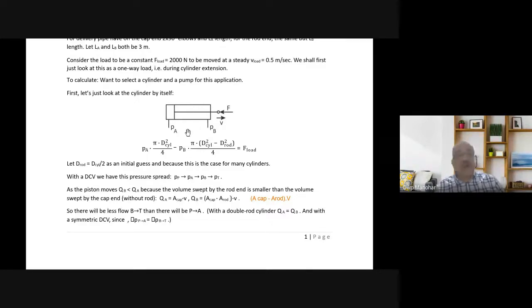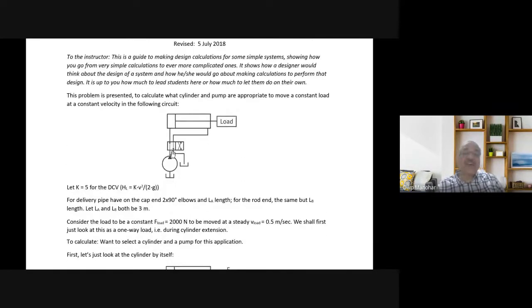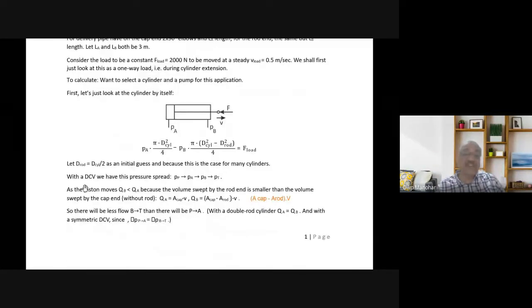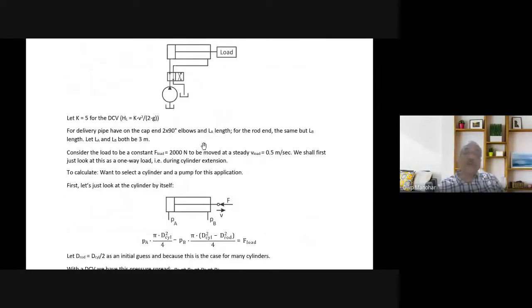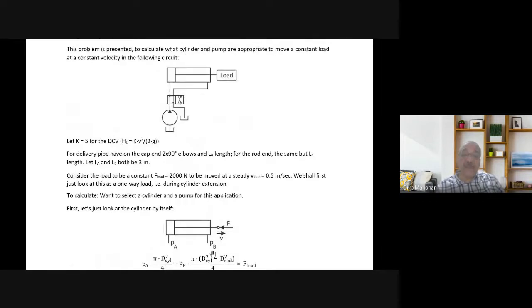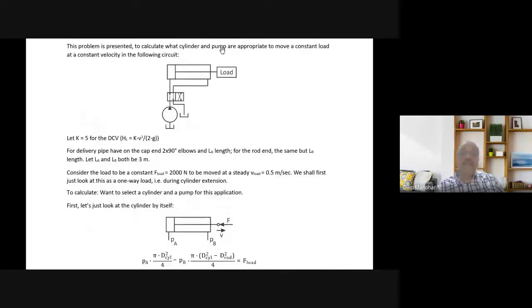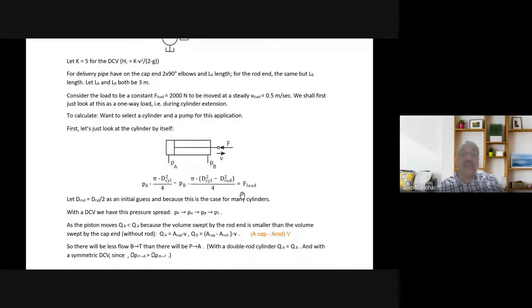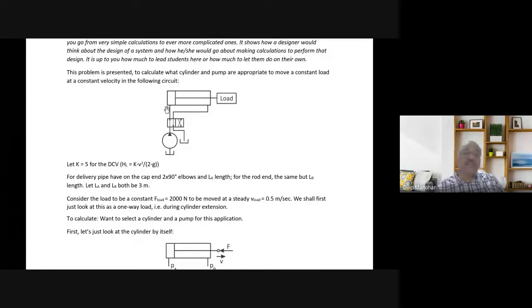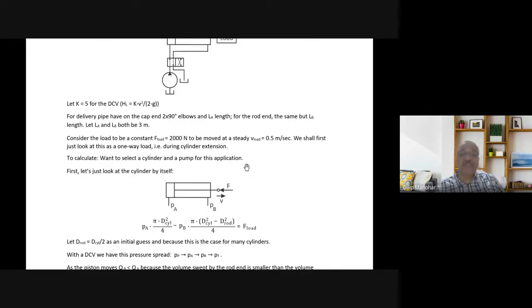Now there is a direction control valve here. This direction control valve is named DCV. So we write down the points to see how the pressure changes from one point to another. The starting point is at the pump, PP, that is the pump pressure. Then it goes to the cylinder cap end, PA. Then it goes to PB, the rod end of the cylinder. Then it goes to the tank. So we have named the pressure points: PP at the pump outlet, PA, PB, and P tank. These are the pressures.